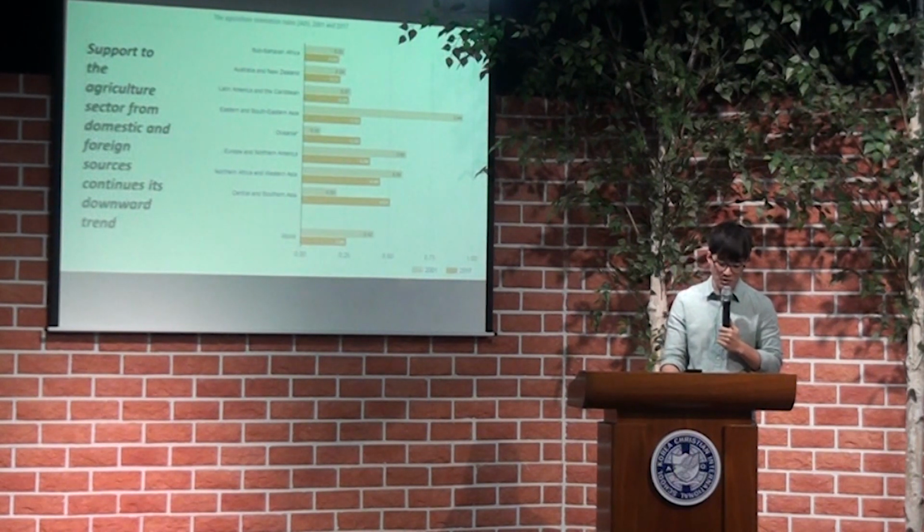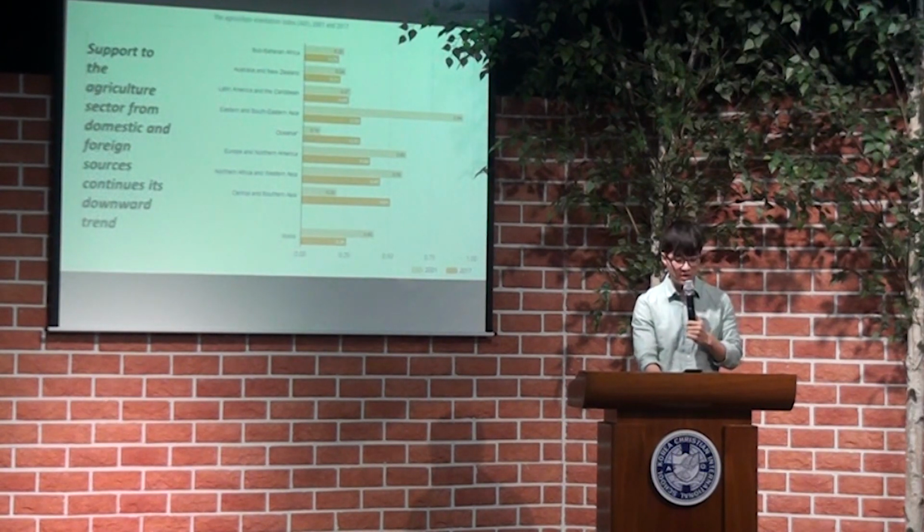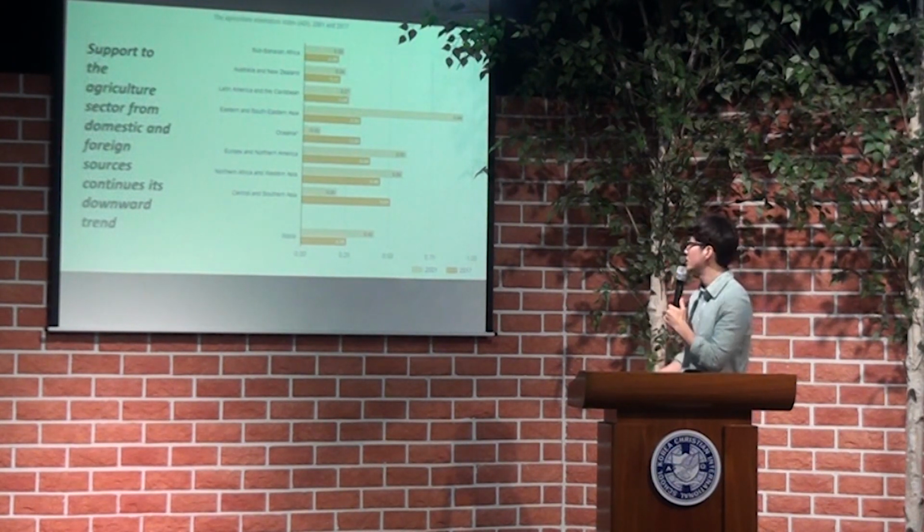The share of sector-allocable aid to agriculture from member countries of the Development Assistance Committee of the Organization for Economic Cooperation and Development fell from nearly 25% in the mid-1980s to only 7% in 2017. A total of 12.6 billion. So in terms of money, you know how much that is.